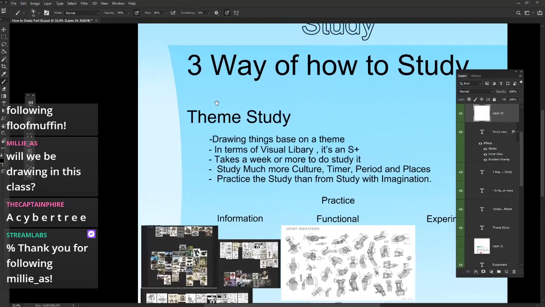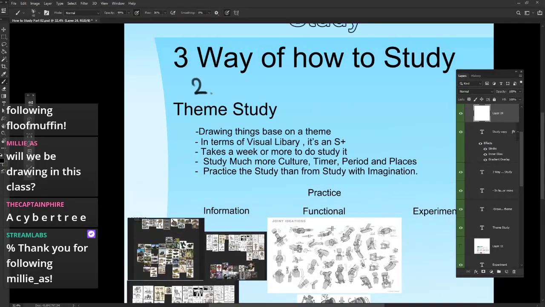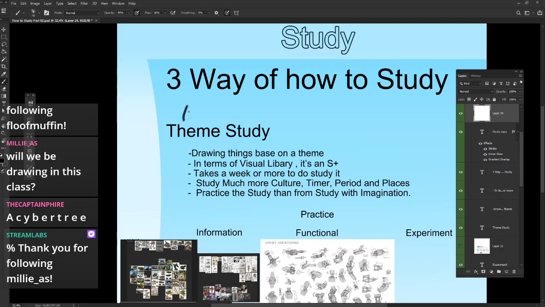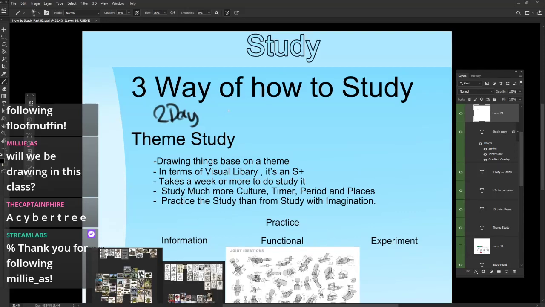Let me say, for example, Monday to Tuesday, so 2 days, I try to just get information around, write things down,